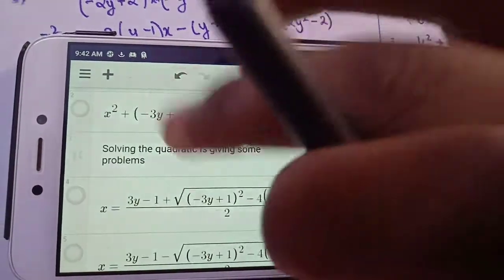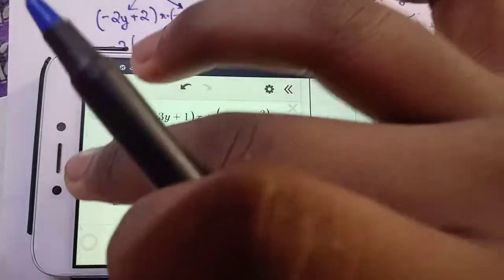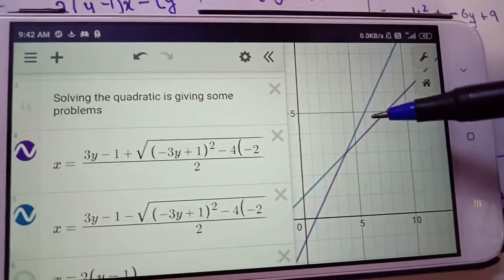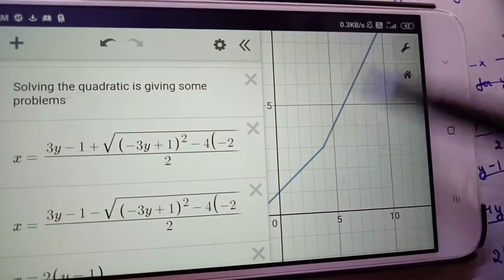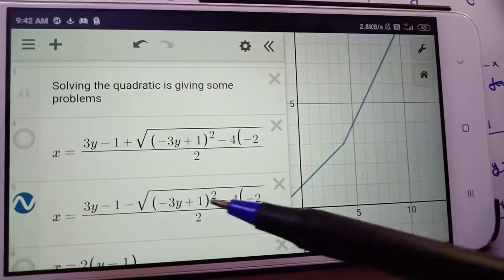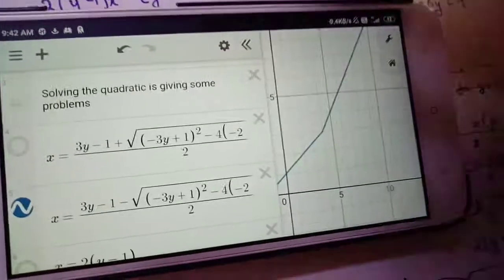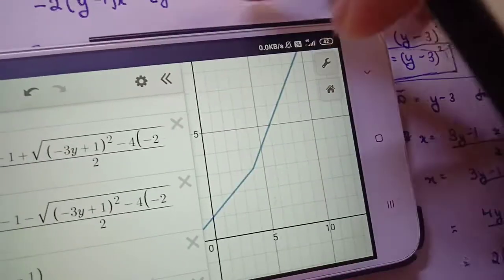Let me close this and just turn these on. As you can see, both of them are making up the graph, but one of them is making this peculiar shape, like one equation is half of one line and half of another line. So I was a bit confused about what was happening.